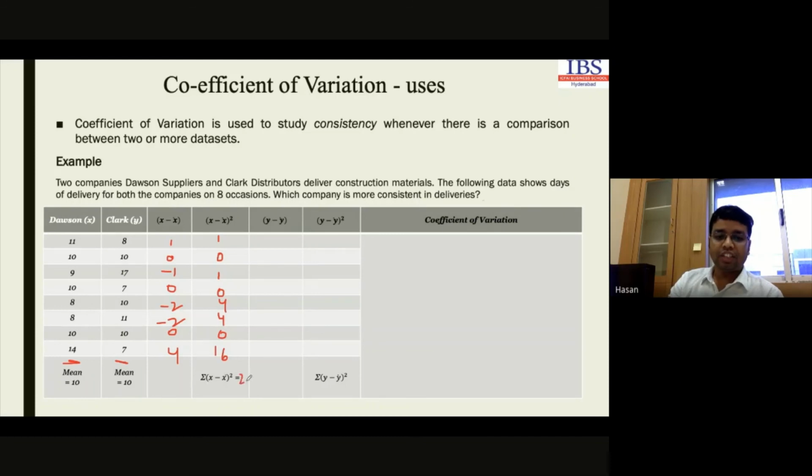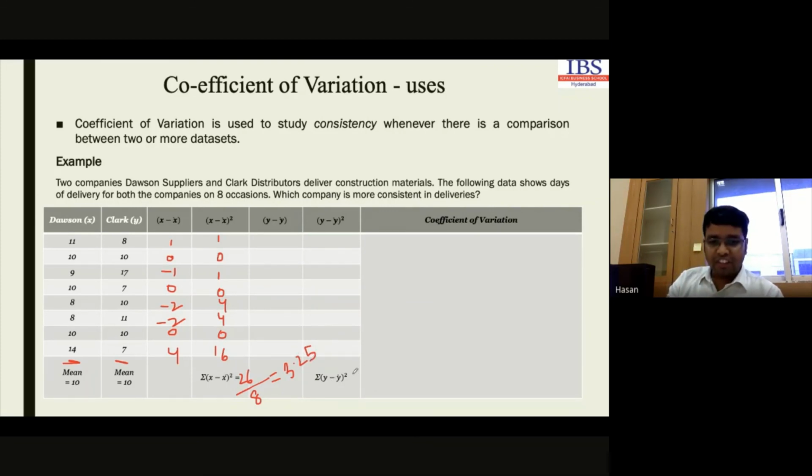So sum squared error is 26 if we take the sum, and if we divide this with the number 8, then it will be the mean square deviation. That means 3.25, right? It will be mean square deviation.